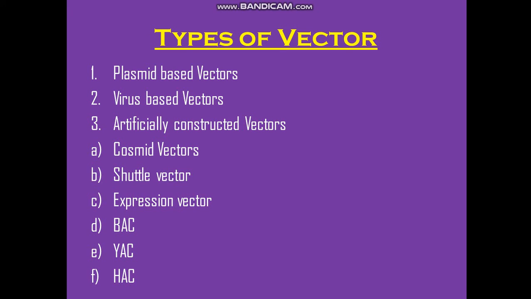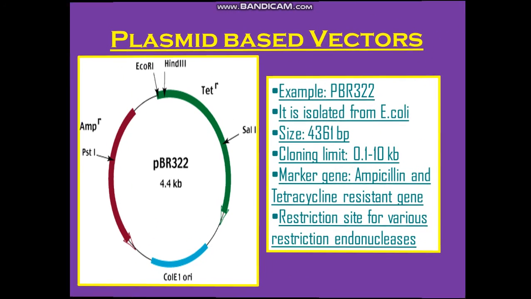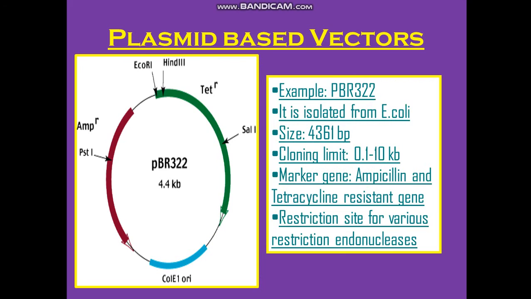This is the latest type of vector being used: the artificial chromosome. And now we have started experiments on the human artificial chromosome, and the biotechnologists have created a human artificial chromosome which can be used as a vector to transfer the human gene of interest. Okay, so now we shall be taking these types of vectors one by one in the subsequent parts of the presentation for today. Moving forward to the plasmid based vectors. First of all,